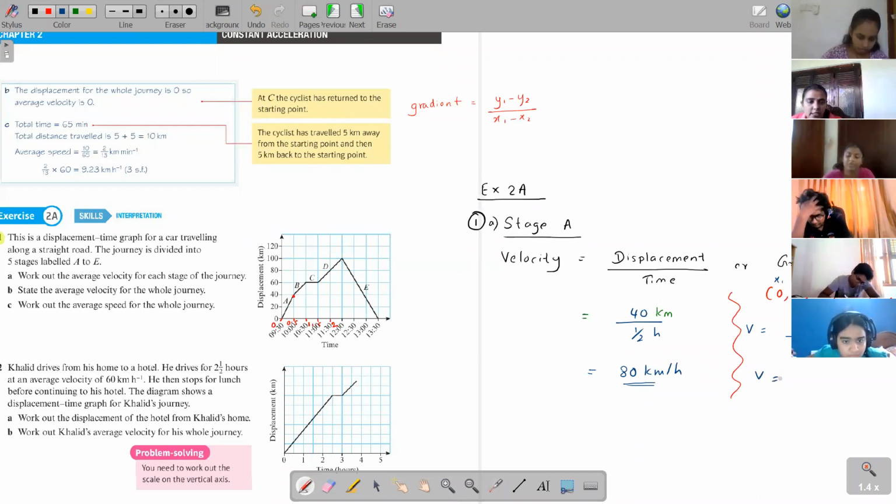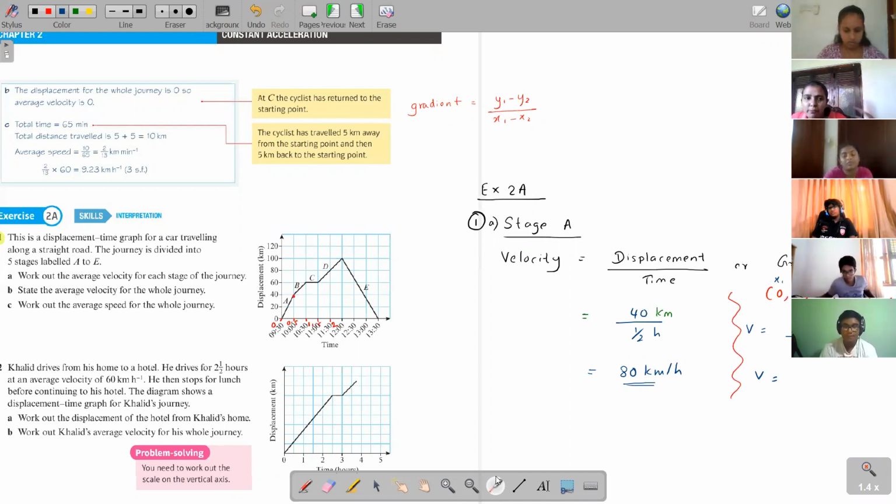Can't we convert the time to seconds? There's a question. We can, but I prefer to keep it in hours here. They have not actually told you whether to keep your answer in meters per second or kilometers per hour. Normally the SI unit of velocity is meters per second, but here they have not mentioned anything. In the exam, they will definitely tell you whether to keep it in kilometers per hour or meters per second, whatever it is. It will be very clearly mentioned. So here I thought of keeping it in kilometers per hour because it's easy. It's not an SI unit, but kilometer per hour is a standard unit. Don't worry, in the paper you will not get any confusion regarding the unit because they will be very clear about it.